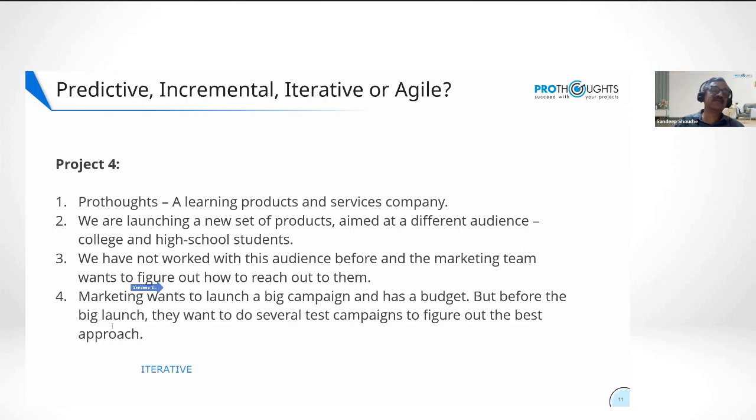Does it make sense, guys? I mean, I know this is a bit of an unfair exercise. I'm throwing a few lines at you, a few-line description of a project, and I'm expecting you to tell me a life cycle model, which is actually quite a profound choice to make. But the point of this exercise is only to emphasize that while agility is great, it may not be equally applicable everywhere. Every project is unique, it is different. You have to know what element of agility to apply, if at all, on a project. Don't just apply it uniformly everywhere.